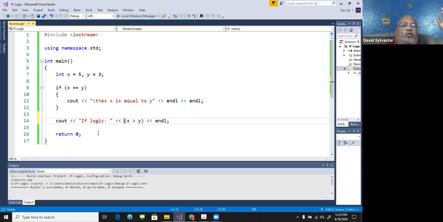So here, when I output whether or not X is greater than Y, I should get what? A 1 or a 0, true or false. Now, is X greater than Y? Is 5 greater than 3? True. So I should get a 1. So when I run this,